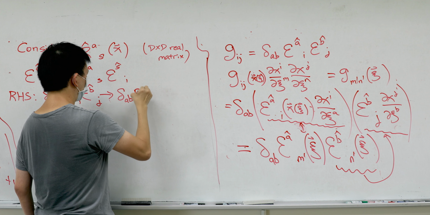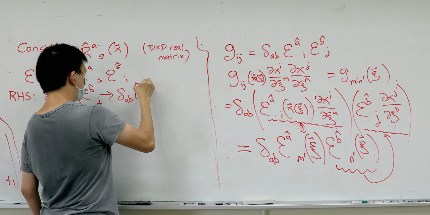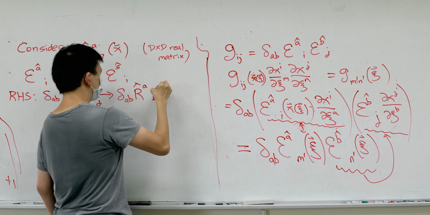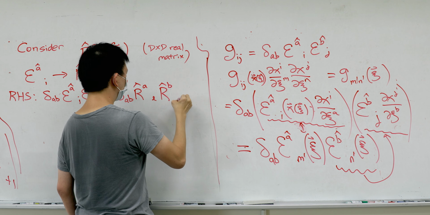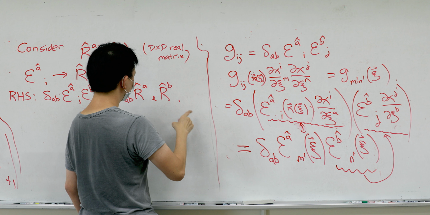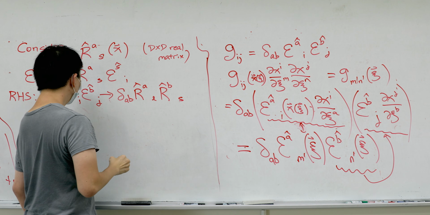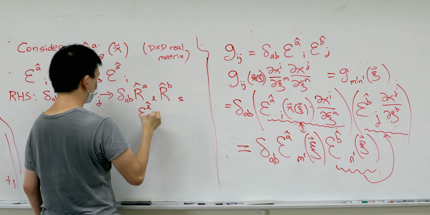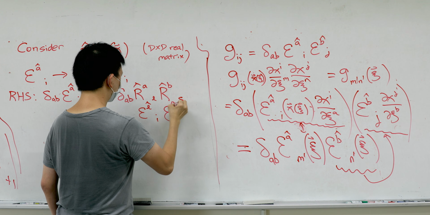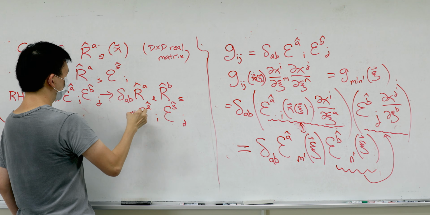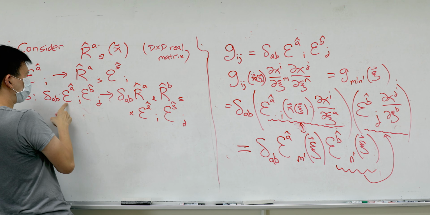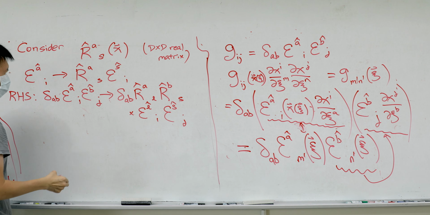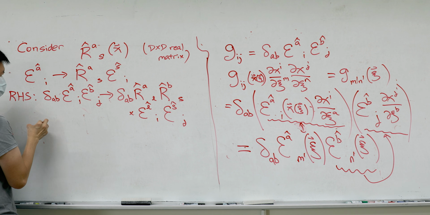So what's going to happen is I'm going to have R A, let's call it L, and then R hat B, M, L, N, because N is over there, so let me do S, right, L, S. And then this guy is contracted with epsilon L hat I, epsilon S hat J. Okay, again, these two guys came from replacing this guy, and these two guys came from replacing this guy. And I'm packaging it this way because